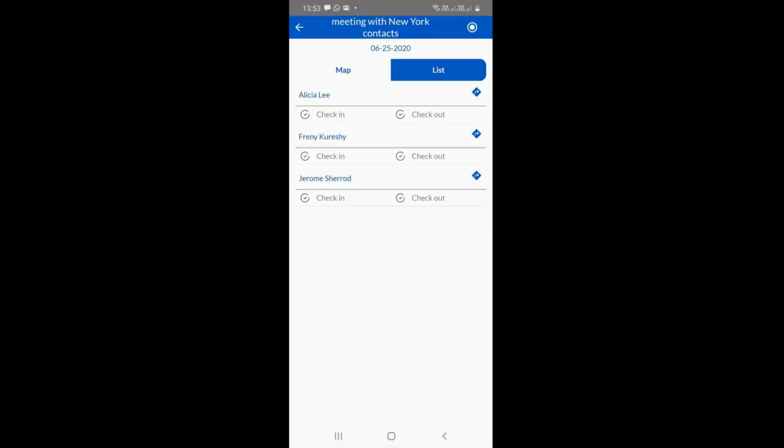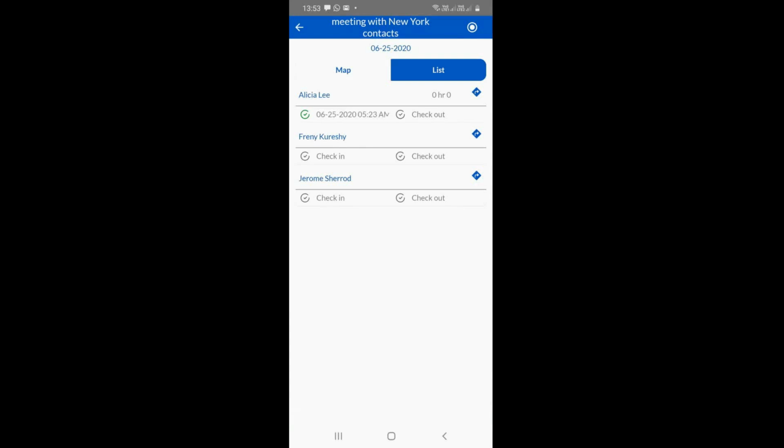Now I have the option of check-in and check-out. For example, if I arrive at the location, I click check-in, which means the salesperson has reached the customer location.